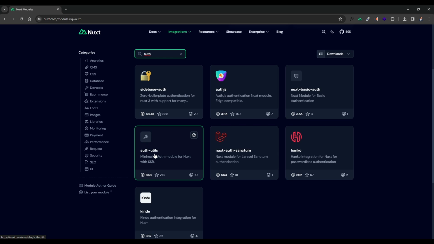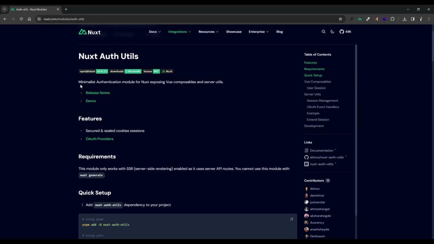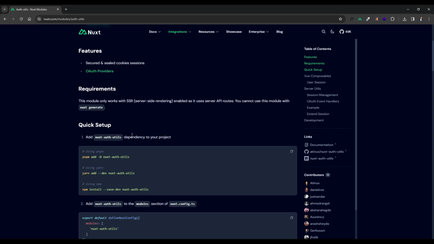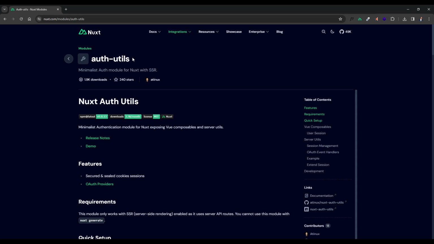So it's called auth-utils. If we click on it, we can see a little documentation here, and it's a minimalist authentication module for Nuxt, exposing Vue composables and server utils. So if you're developing a full stack application with Nuxt and you want authentication in that application, you can definitely reach for this module. So without further ado, let's just jump straight into VSCode and see how we can get